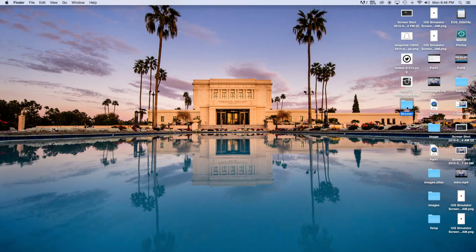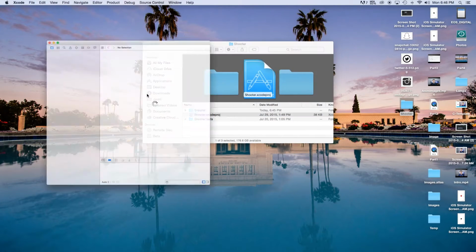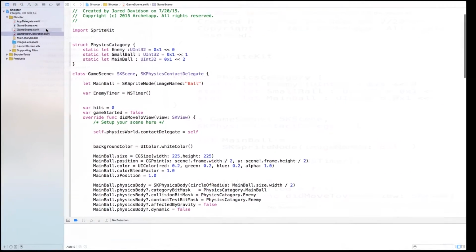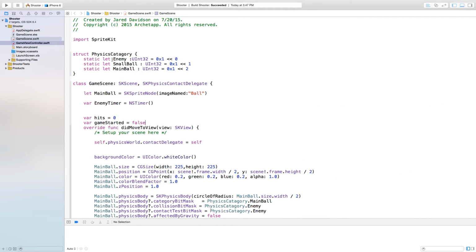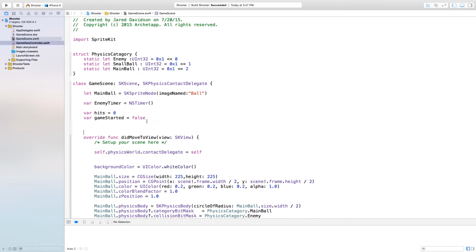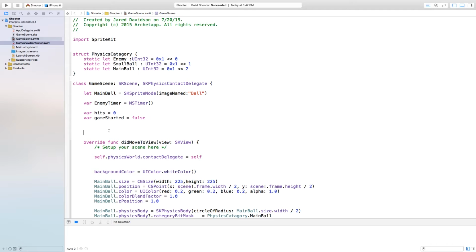Alright, so let's open up our shooter.xcode project like so, and make this a bit bigger. And like I mentioned before, we're going to be dealing with score and labels. So first thing we're going to do is create some labels. So I'm going to go right up here, delete some spaces, go down here, and I'm just going to create some labels. So my first label will be the tap to begin label that you see as soon as the